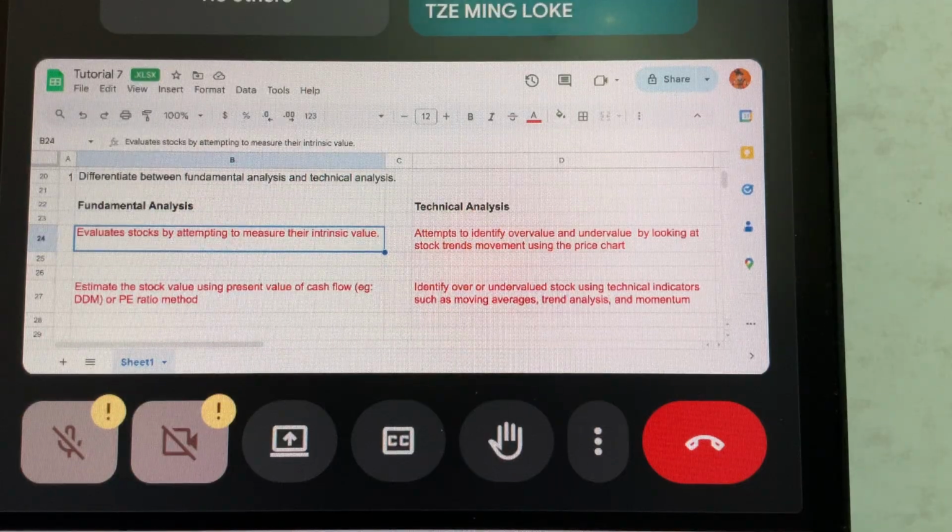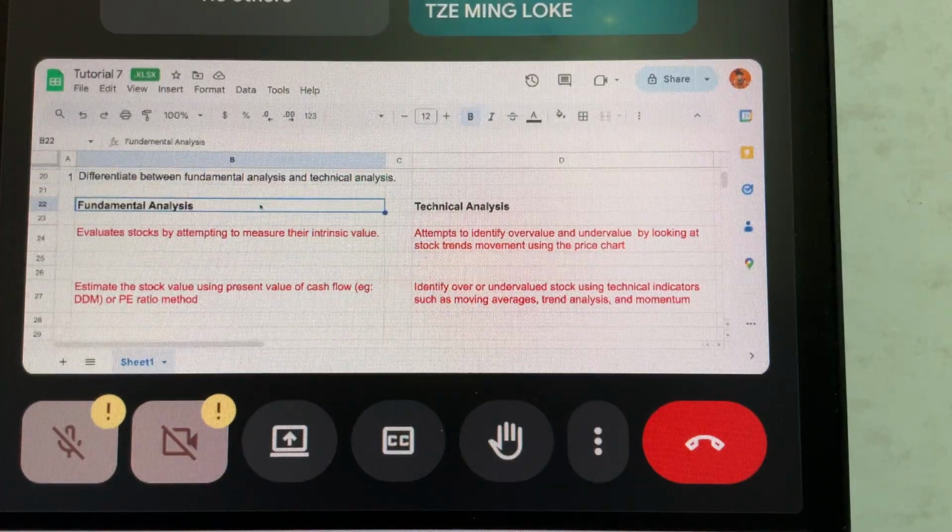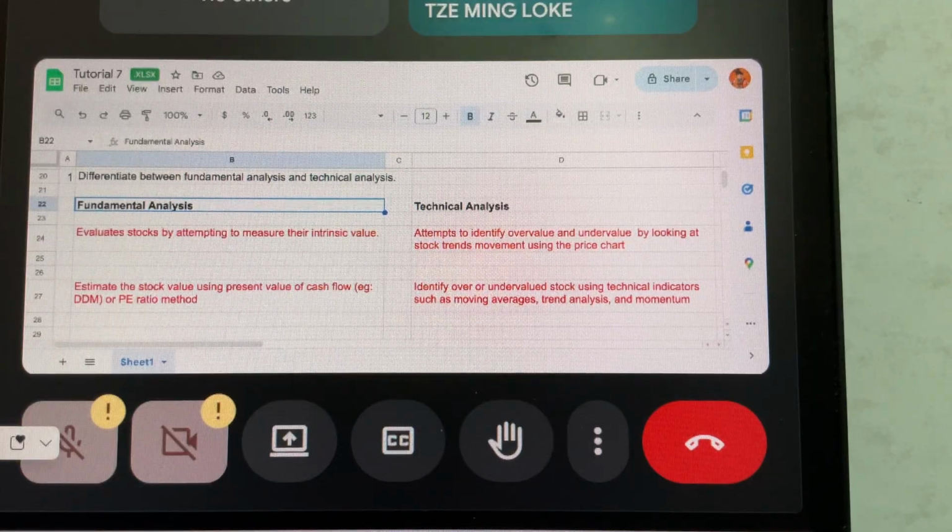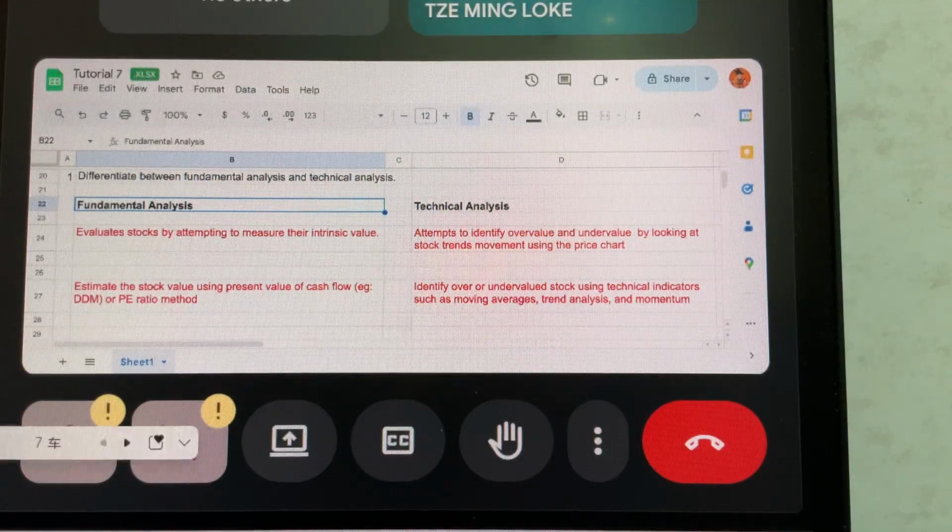It's like, this is black, this is white. A is black, B is white. I can see the difference, right? So that's the meaning of differentiate. You cannot just say, oh, A is white, A is bigger, A is this, A is that, and then you describe, B is this, B is that. It's completely two different things. You are just describing what is A versus describing what is B. That is not the correct way of answering